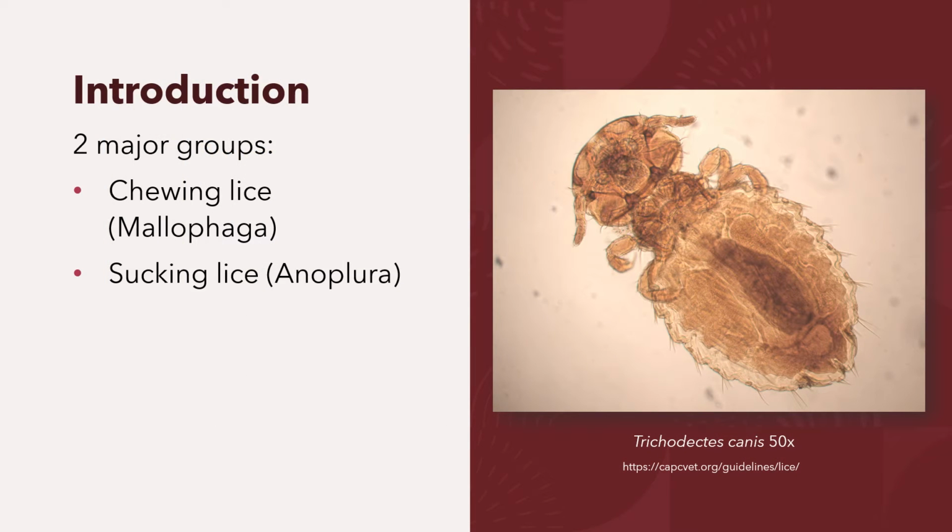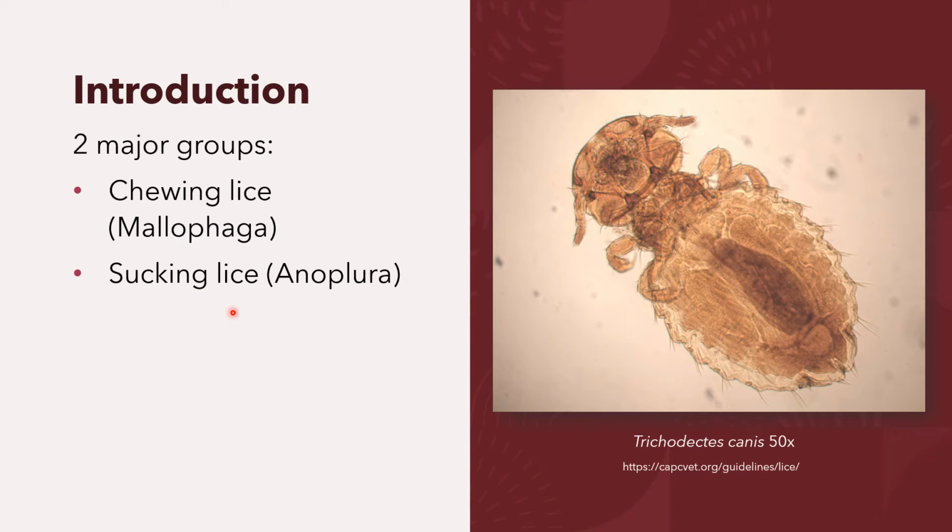There are two major groups of the order Theraptera. We have the Mallophaga and the Anuplura. They are grouped according to their distinct head morphologies that reflect their feeding habits and vector competence. The Mallophaga is also known as the chewing lice, based on their feeding habit, while the Anuplura is also known